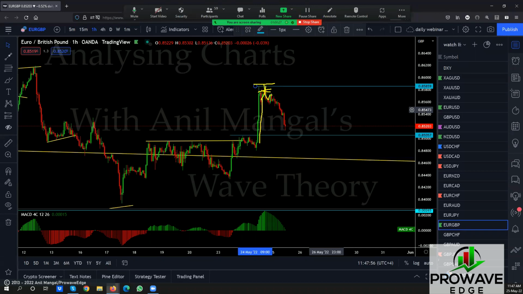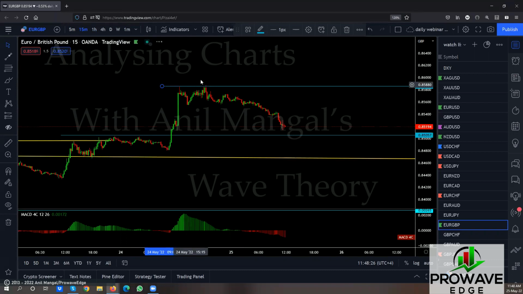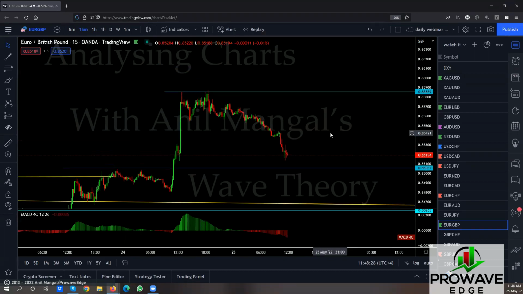If you got tagged, it came back here, you close it here, right? You saw there's a flag here, you closed it there. This is your loss. This here is your profit. So when the trade is right, you get this profit. When the trade is wrong, you take that loss. That's the way you manage trade. So going on the 15, and if you got tagged at the top there, which you shouldn't, because you remember